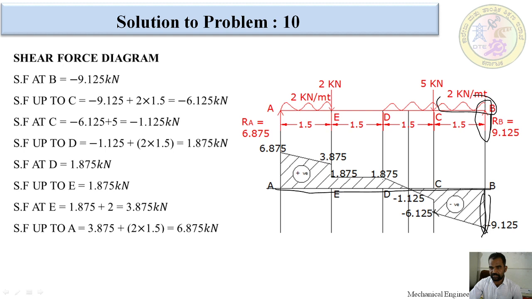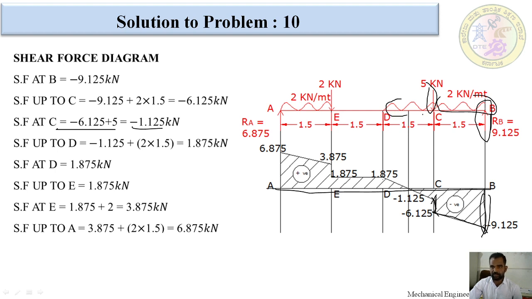This is the left line, this is the front line. Both will join with an inclined line because in the beam we are having UDL. After that, here is one point load. I already discussed that wherever there is a point load, there would be one vertical line. At C point, how much did we get? Negative 1.5. It is less than 6.125. For that reason, I am going to mark it here and join with the vertical line.